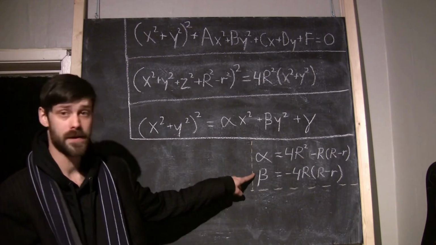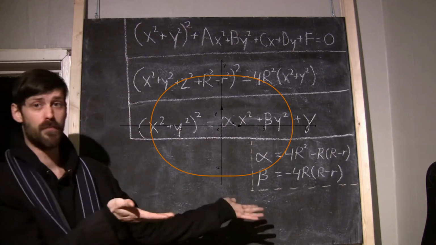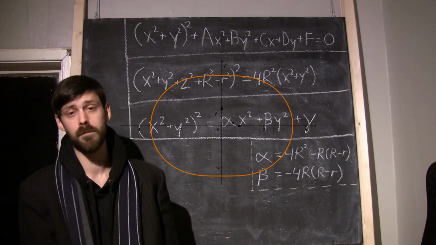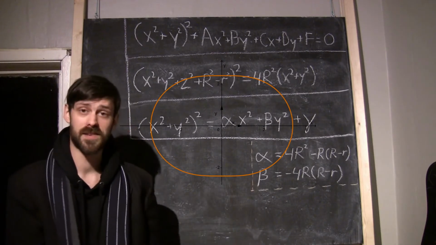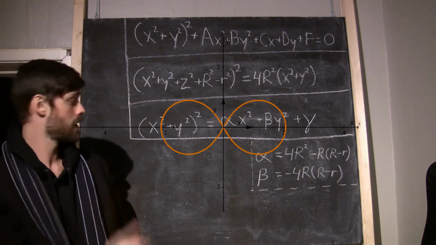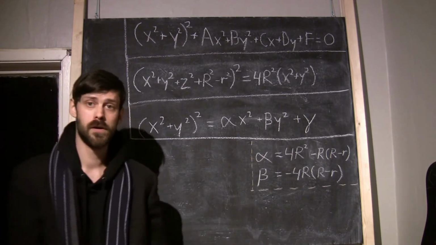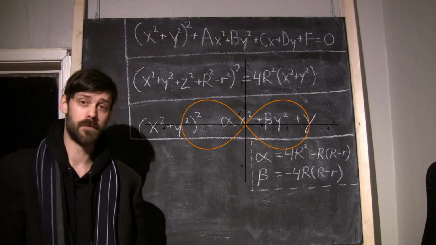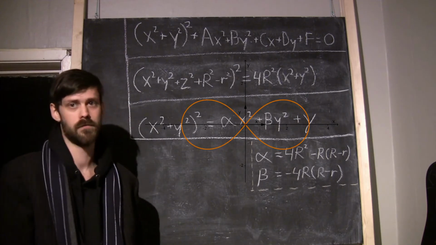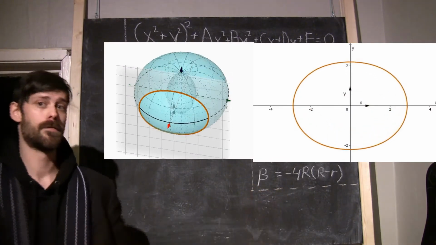In the case that beta is greater than 0, we have the oval of Booth of the Irish mathematician James Booth. Should beta be less than 0, well then we have the lemniscate of Booth. In the case that alpha and beta are both equal, we get the lemniscate of Bernoulli, which is also a special case of the next class of conic sections we will cover, namely Cassini ovals,